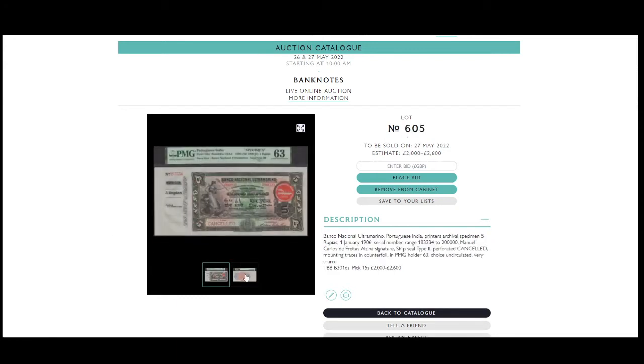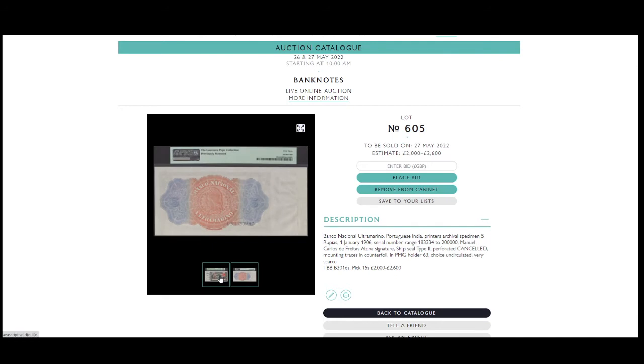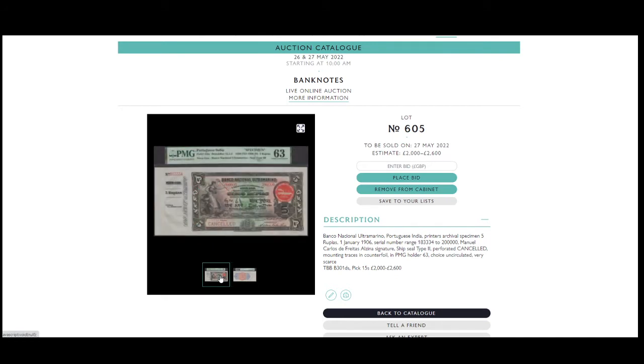The next one in this auction is quite interesting, and you can see here on the back of these banknotes, there's the Lawrence Pope collection, or at least partially the collection, not the whole collection, of course. This colleague is an active member of the IBNS. He is probably the biggest collector of Portuguese colonies banknotes, so he has a very interesting collection, and I believe he's selling part of it later. But in this auction, out of the 1,100 banknotes, around 200 are from his collection, and